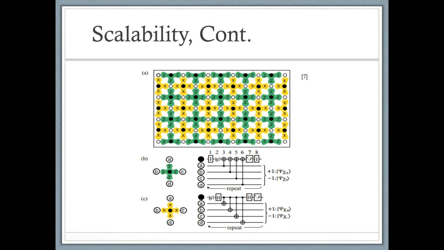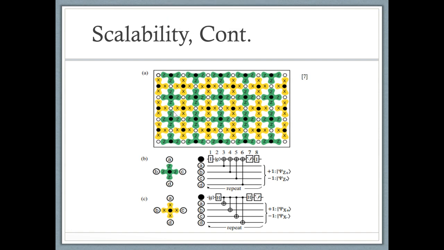Away from the boundaries, each data qubit consists of 4 measure qubits, and each measure qubit contacts 4 data qubits. The measure qubits perform 4 terminal measurements, which can be seen in Figure B and C. If you're interested in the topic, I recommend reading the complete paper from Martinez group in reference 7. The paper discusses the feasibility and how the surface code works in great detail.